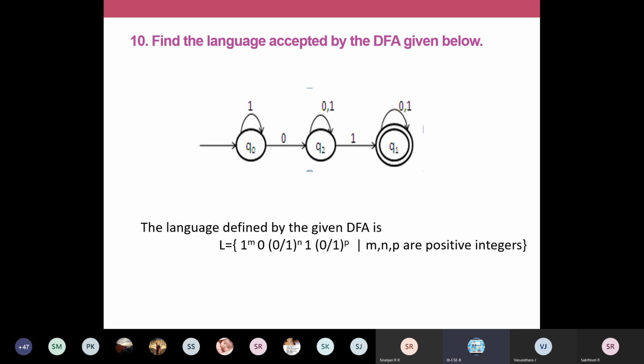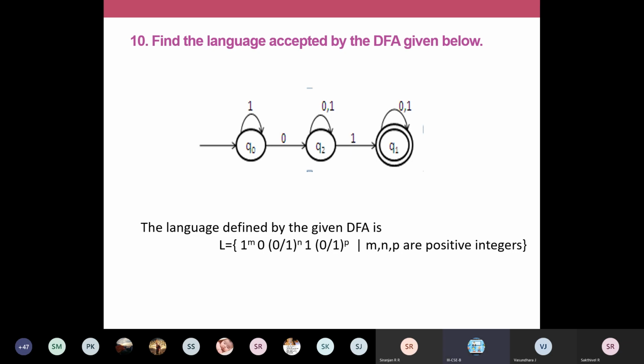Okay. So for example, you will be given a diagram like this. You will be given a DFA or NFA. Diagram will be given, an automata will be given. You have to identify what language this diagram accepts. So in that case, how can we do? You can write the set of all strings accepted by this diagram. From the initial state, you try to write the possible strings. You write L is equal to.